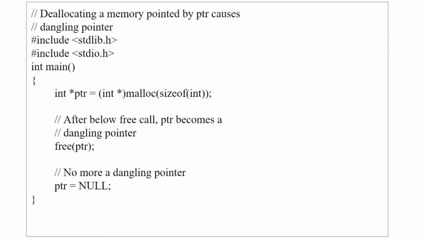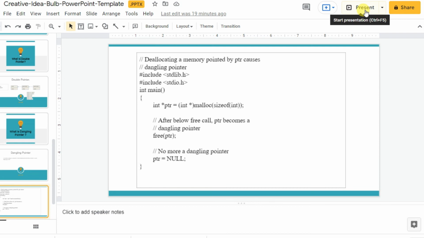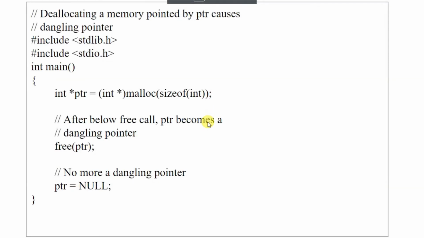Okay, now let's see this example. As you know, if you want to allocate any memory dynamically, you normally use a memory allocation function like malloc. Here the code is given. If you look at this code, there is one pointer variable, and the malloc function is used, and the size of an integer is allocated to this pointer variable ptr. Whenever you use the malloc function, it creates memory. Here it's an integer, so it will create 4 bytes of memory, and its starting address will be allocated to the pointer variable. So the integer memory is created, and its address is transferred to ptr.